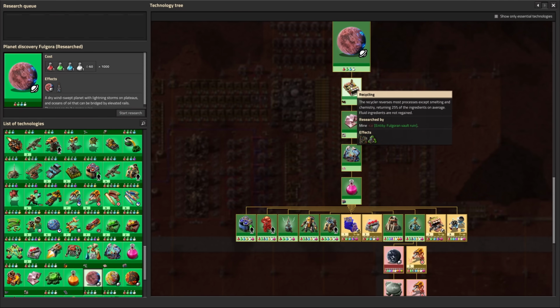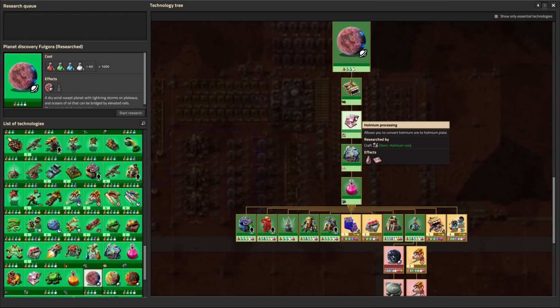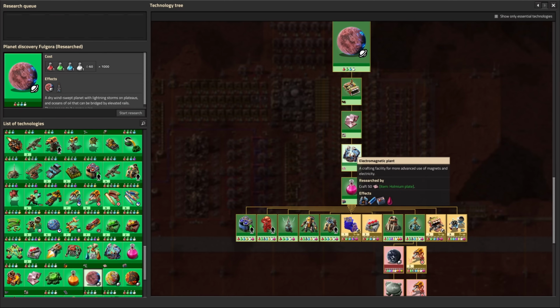Now, the recycler is very, very planet-specific to start with, but you will find more uses for it as we get into quality. Quality is a whole different discussion for probably another time. We're also going to helium processing. Helium is like the special resource from this planet. It's not going to be much benefit to you elsewhere for right now,